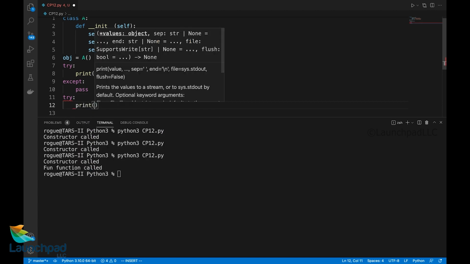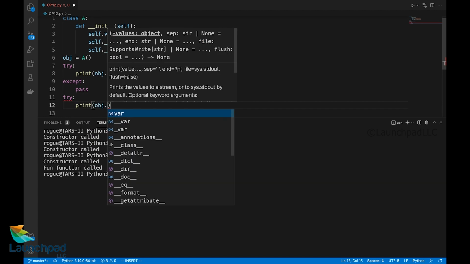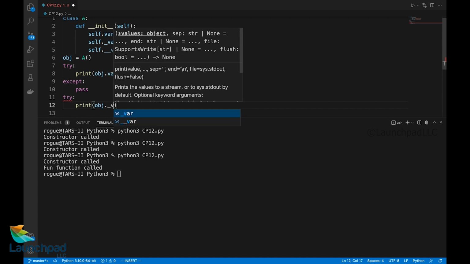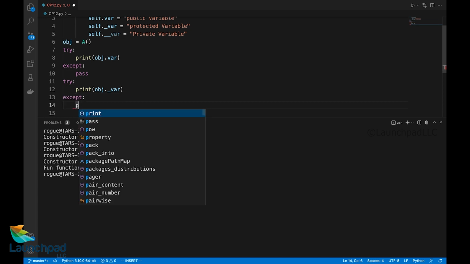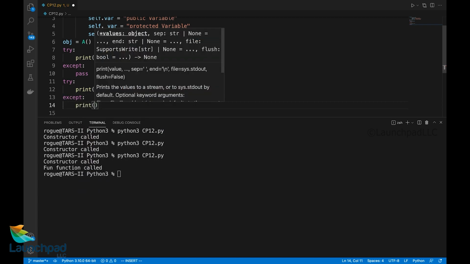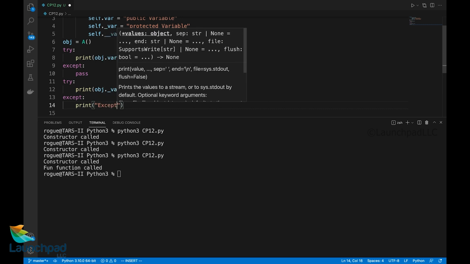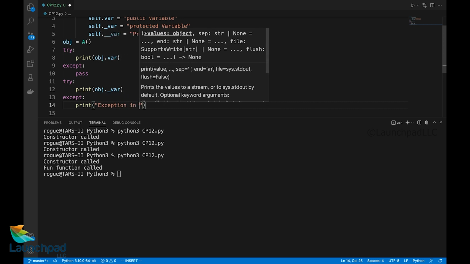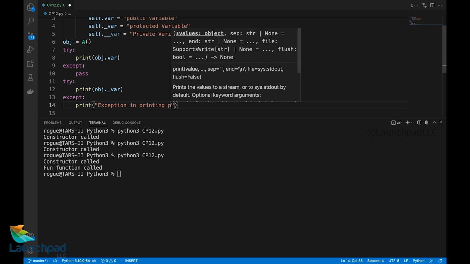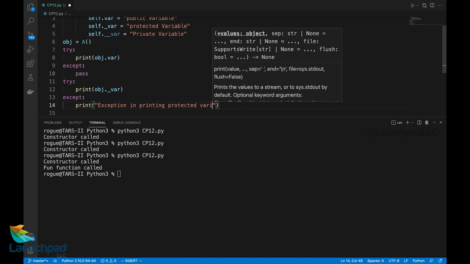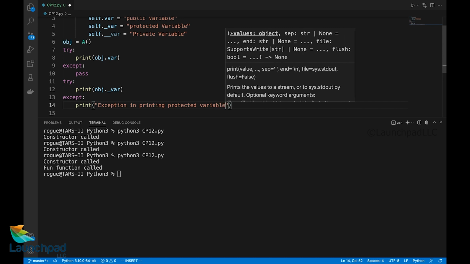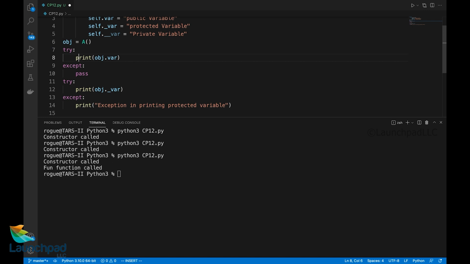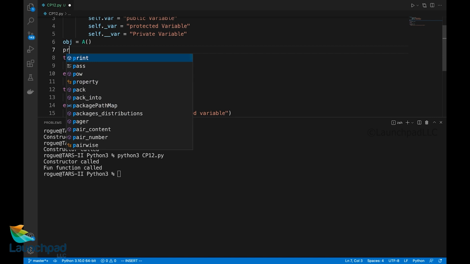Try print obj dot underscore variable, except, I'll print exception in printing protected variable. We'll use this only for protected and private variables, because as we already know, a public variable is always printed.